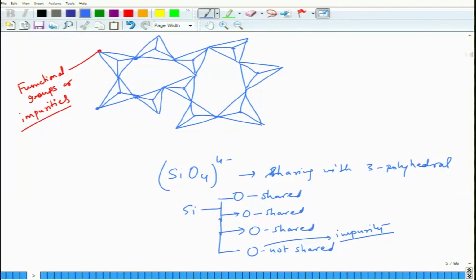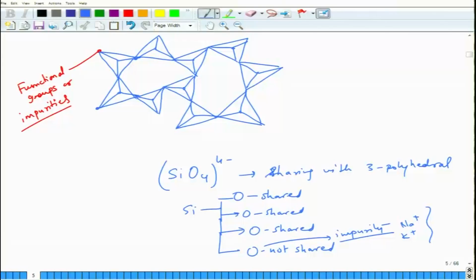Okay. So, for example, you can have sodium plus, potassium plus, some of these impurities will attach to that group and they will take the extra electron that is there, because these are all electropositive elements. So, they will attach themselves to those groups, forming structures which are electrically neutral. So, things like K2O, Na2O, CaO, a variety of elements can get into the structure of glass, modify the structure in such a fashion so